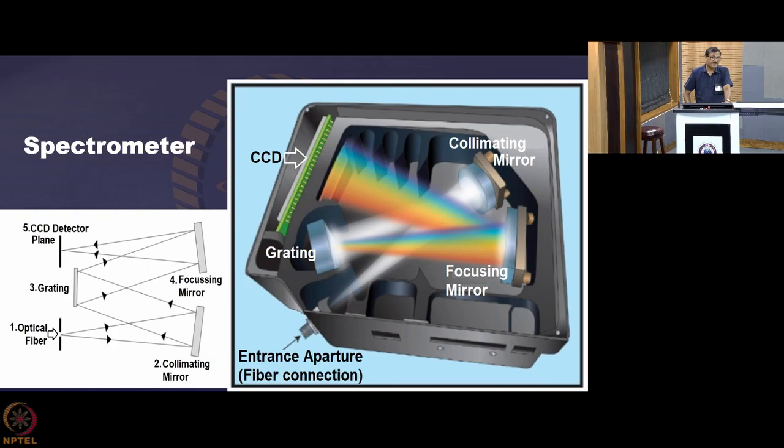Then coming to the measurement of plasma temperature. For the non-invasive case, you use a spectrometer. The fiber collects the light from the plasma. Then it impinges on a collimating mirror. Therefrom to a grating, which disperses it to different wavelengths, and those different wavelengths and their intensities fall on a CCD, and therefrom you get the intensity corresponding to different wavelengths.